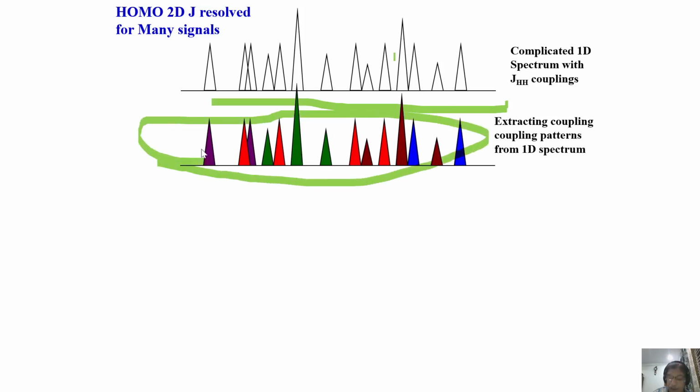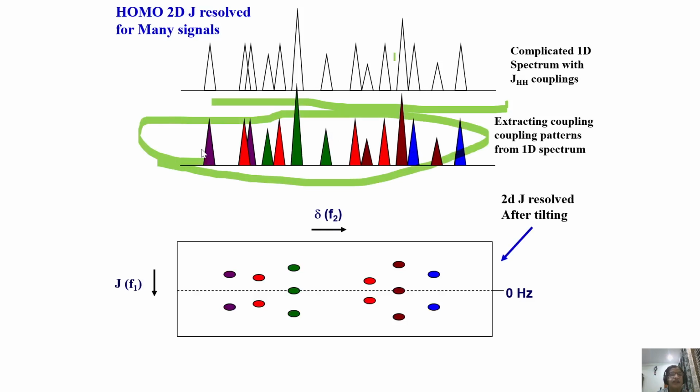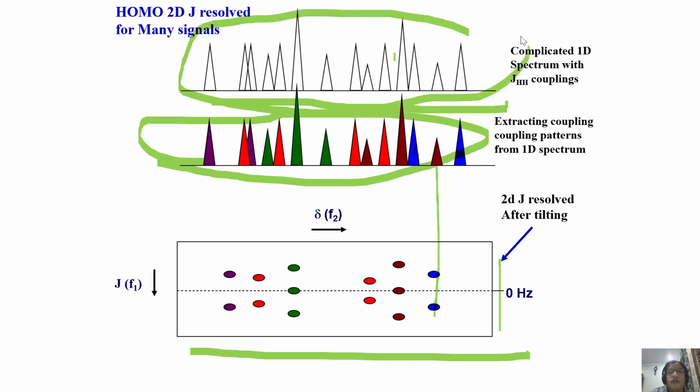How did I know that? I took the J-resolved spectrum and tilted it by 45 degrees. So this axis gave me J coupling and this axis gave me chemical shifts. Exactly at the chemical shift center, you get the chemical shift. If I take a 45-degree tilt, I know this and this are coupled. Like this, we can make the assignment of all the multiplets in a complex spectrum by taking a J-resolved spectrum. So you are separating the J coupling and chemical shift information into two different dimensions.